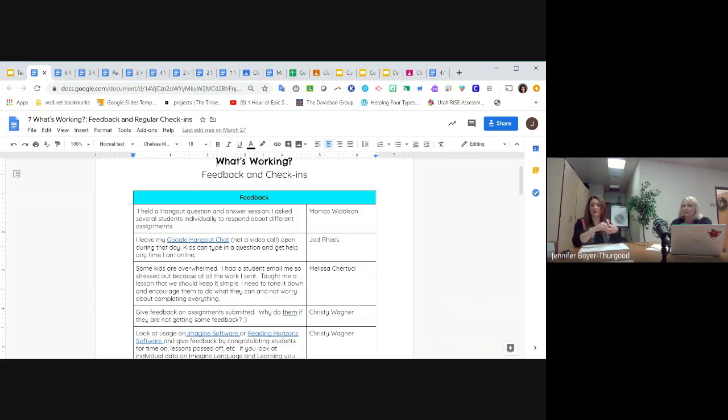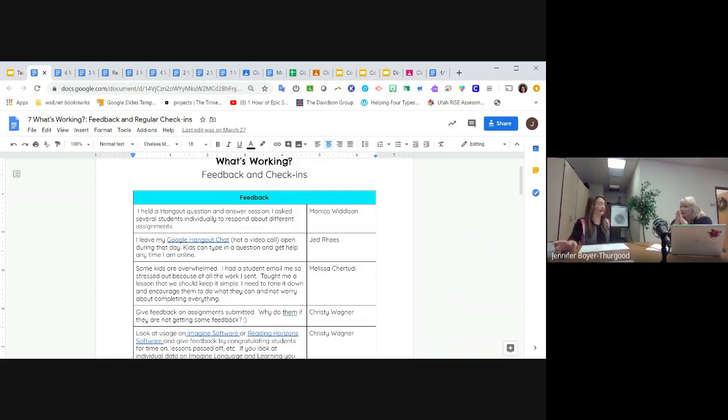Holding a Google Meet would be amazing for kids who can make it digitally at that time, but then also sending the recording out for those who can't be on at a certain time. Right, because like we said, access to devices. If you're doing something at 10 o'clock and there are 2 or 3 students in the home, they cannot all be on the same device at 10 o'clock.